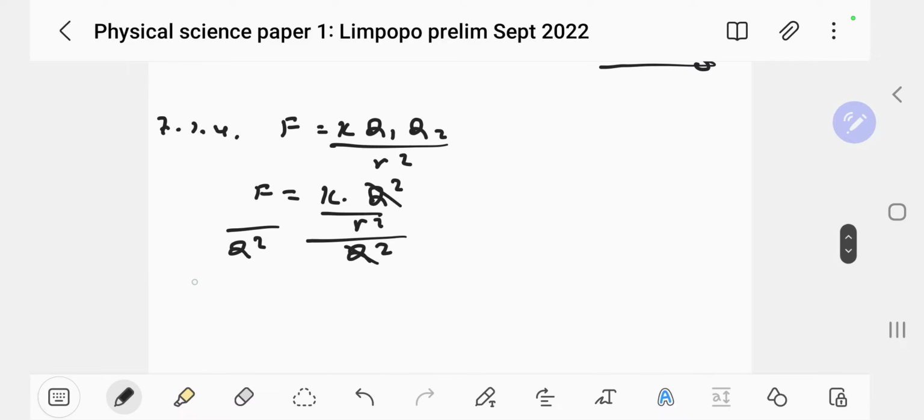Now this is much better because we know this is a constant, and this expression is the same as that expression, isn't it? And what did we get? We got 1 times 10 to the 12. So we can just simply substitute that one and say 1 times 10 to the 12 is equal to k, which is 9 times 10 to the 9, over r squared. Of course, this is over 1. And what we want to do is to cross multiply this time around.